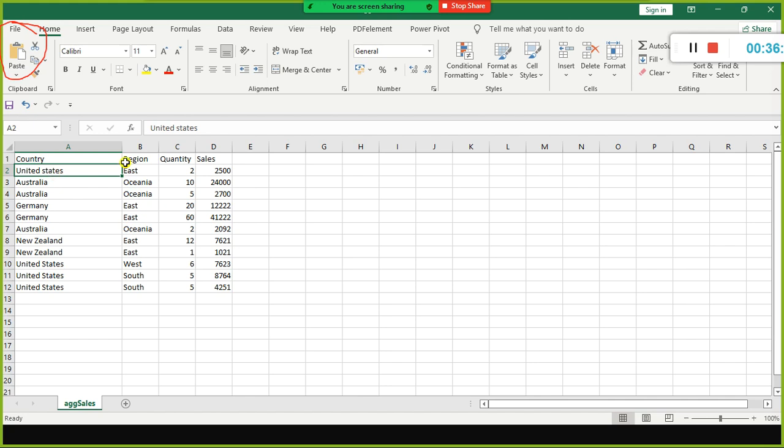Only these three records will be consolidated or aggregated. This one will not be aggregated as part of the United States records, because we have used a different case, starting with a lowercase s.